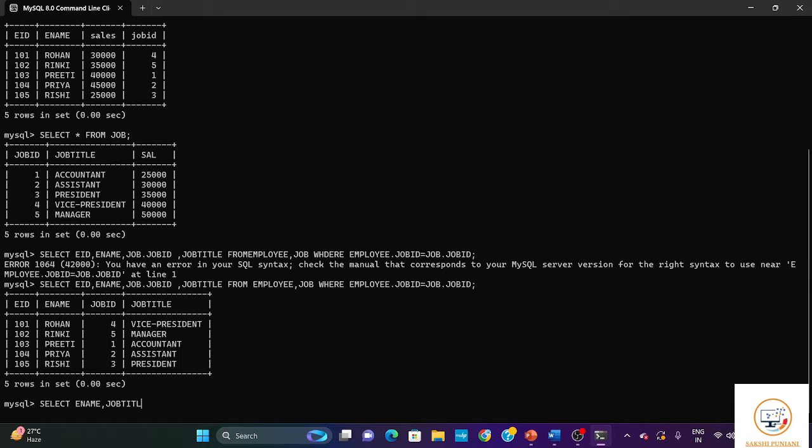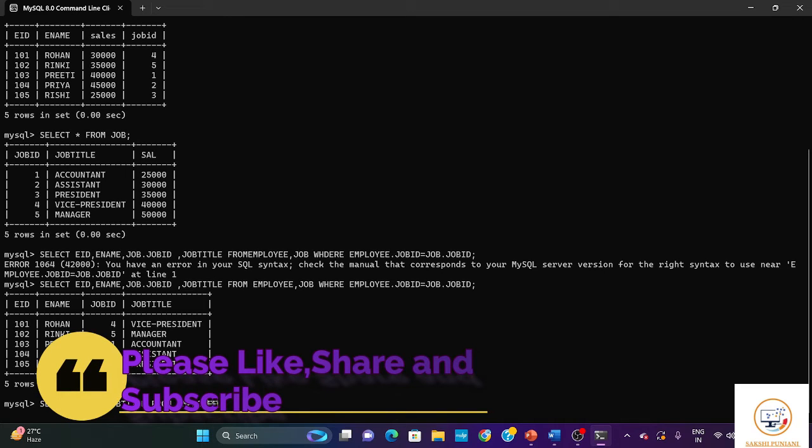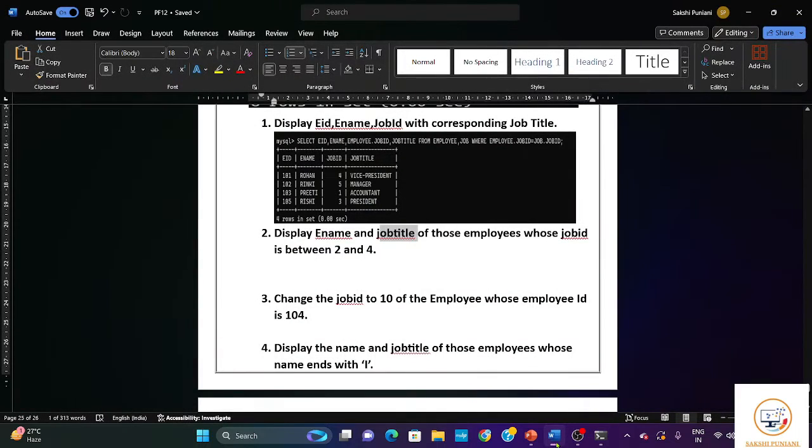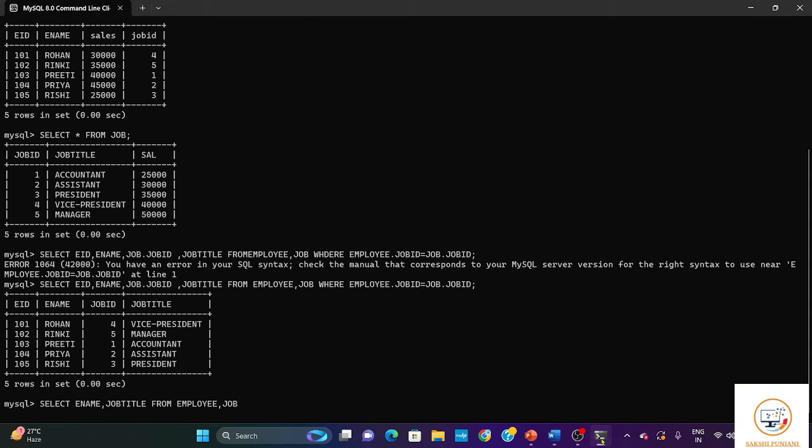Both the columns are in different tables, so we have to specify the name of the tables also, from employee, comma, job. And the next condition given here is that the job ID should be between 2 and 4. Since we are fetching the data from both the tables, we need to give the equijoin condition here, that where employee dot job ID is equal to job dot job ID